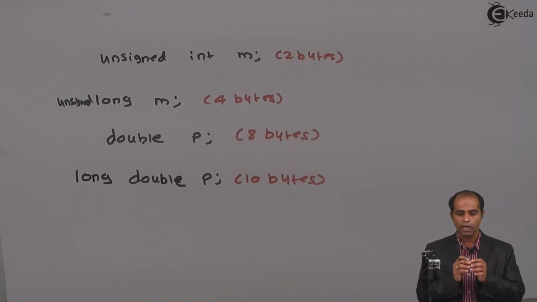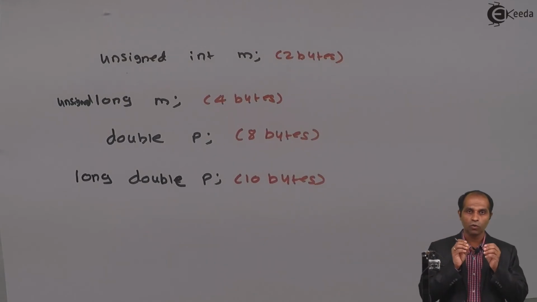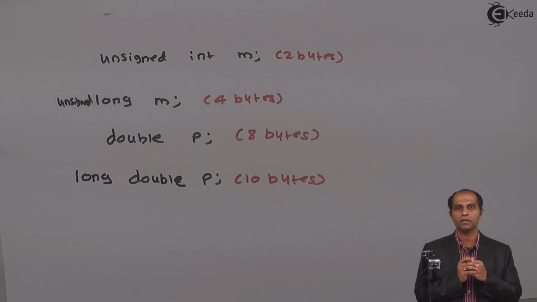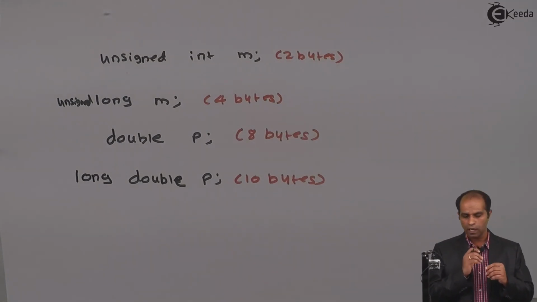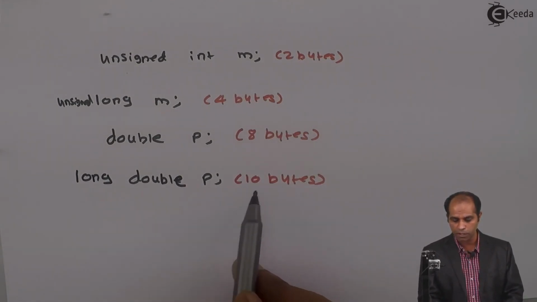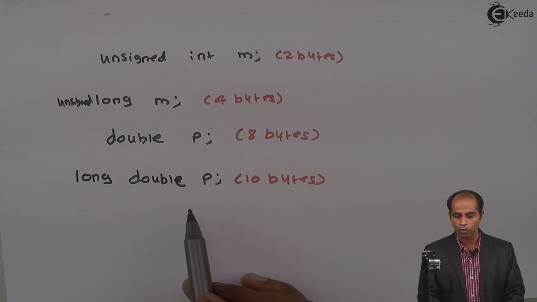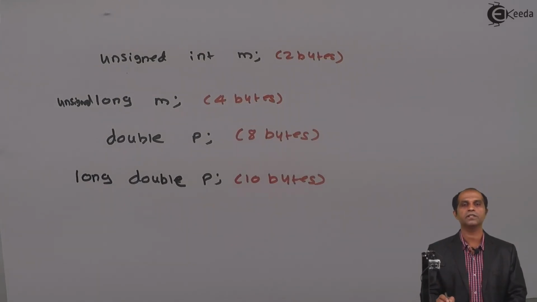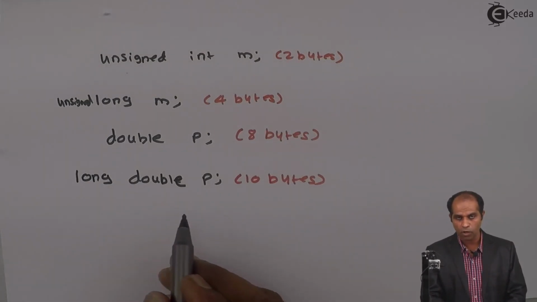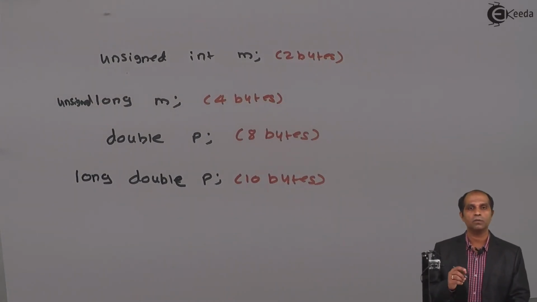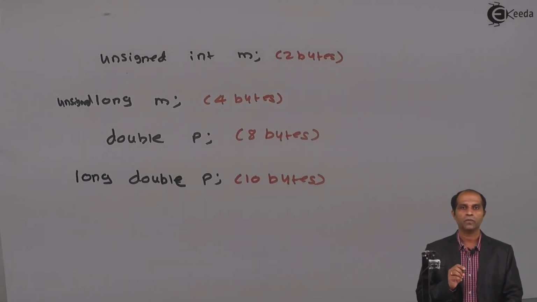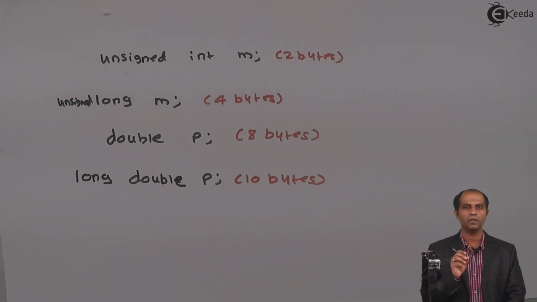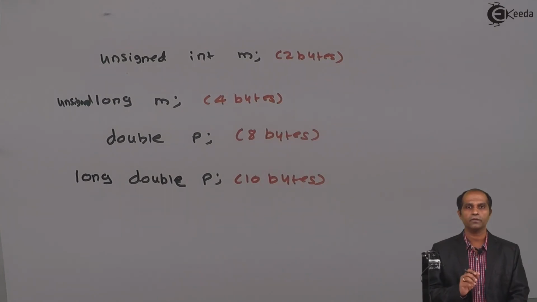Whereas unsigned, long, short, which is by default a keyword, these are all called data modifiers or extended data types. If I had to store values which are only positive, associate an unsigned keyword. The default data type with unsigned or long is always int. The last instruction which I wrote, long double P, is 10 bytes. Don't feel that if I say long P, it will still work. Because if I say long P, the default data type in that case is integer. So if I just say long P, internally it will be treated as long int P. So whenever you want to store very large fraction values, use a long double or just a double value. So this is with integer, float, character.